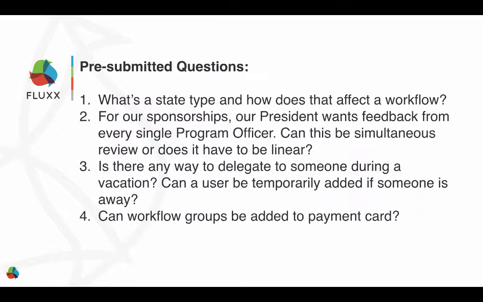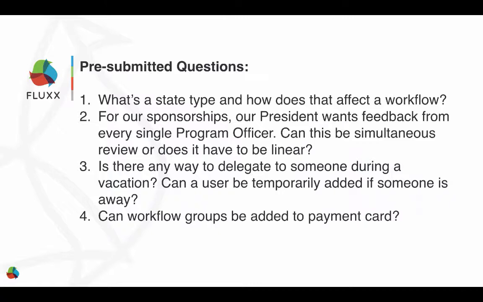And so for that reason, it can be simultaneous, and you can have more than one program officer editing and updating and saving a record at the same time. The caveat there is, anybody who's been using the system knows you will lock somebody else out. Not more than one person can be editing it at the same exact time, but they can be editing it within the same workflow state. So if I logged in as Program Officer A and clicked edit, left some notes, and Program Officer B tried to edit it while I was editing it, they would be locked out with a note that said Program Officer A is editing this record right now. Once Program Officer A saved it, though, Program Officer B could go in and add their comments as well. And then whoever wanted to move it forward could move it forward.